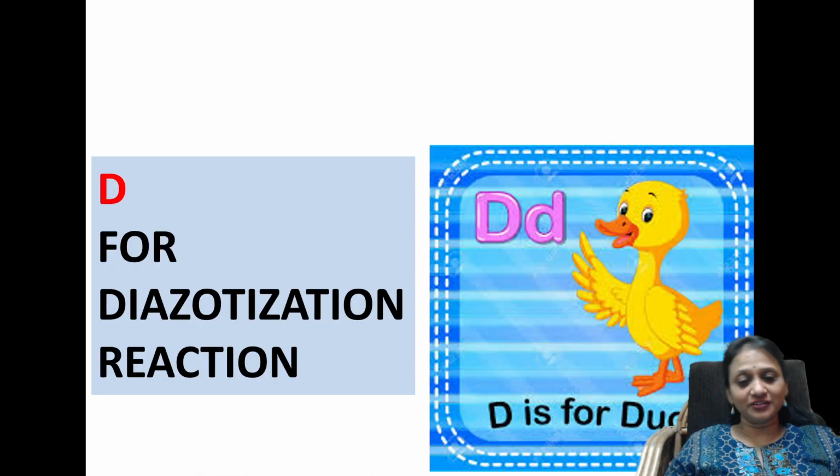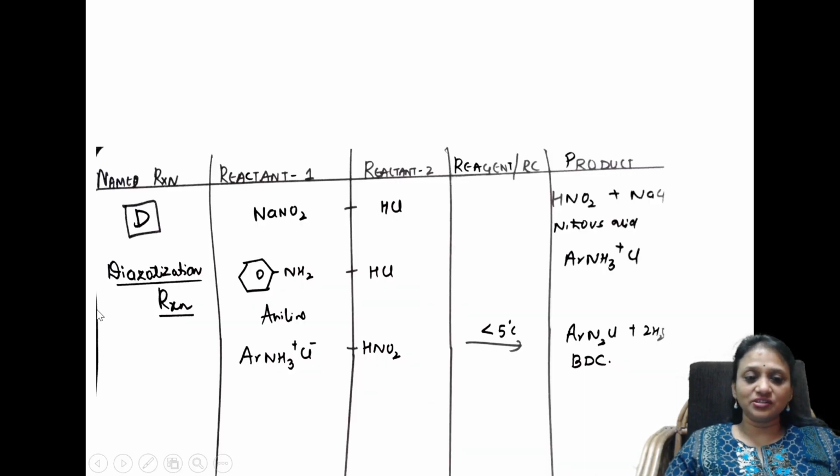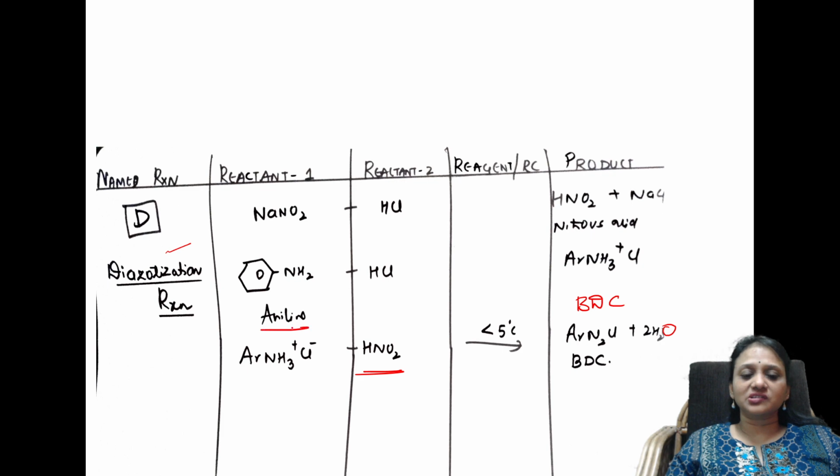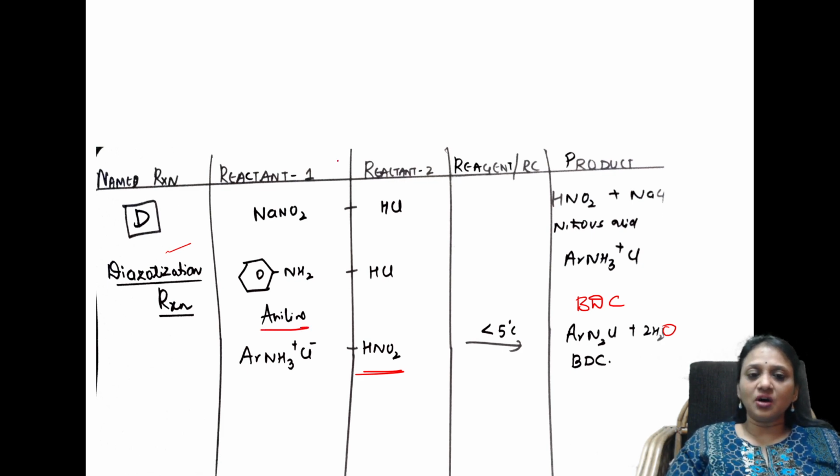Next, D for duck. We have studied that. So D stands for diazotization reaction, students. So in diazotization, I have written the name of the reaction. What is important? Here you are going to use HNO2, nitrous acid. What are we preparing? Basically, we are preparing BDC. In diazotization reaction, we are preparing BDC from aniline. So this is the type of conversion also. So how have I prepared BDC? I have just shown you here. Taking NaNO2 and HCl, we will be getting nitrous acid.